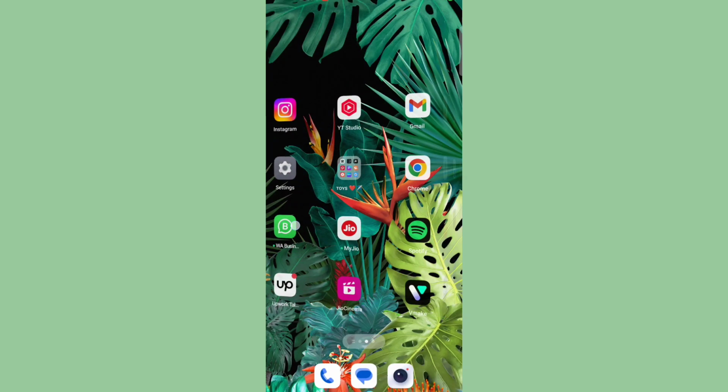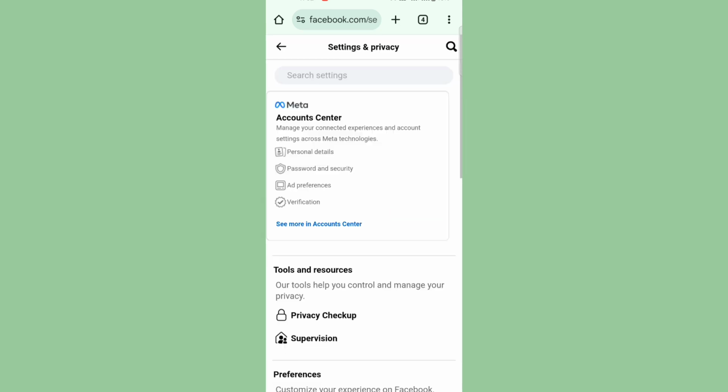How to temporarily deactivate your Facebook account. So first of all, open the Facebook app or Chrome browser, and click on